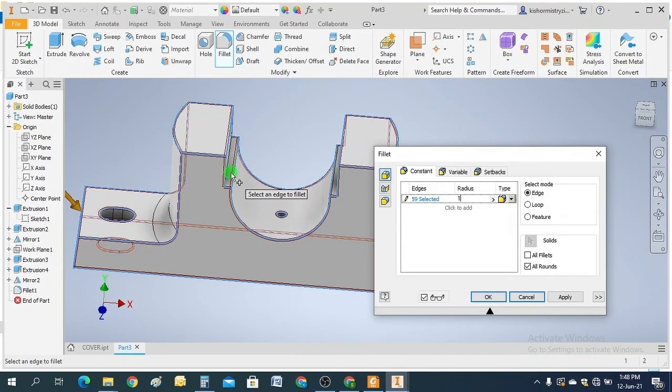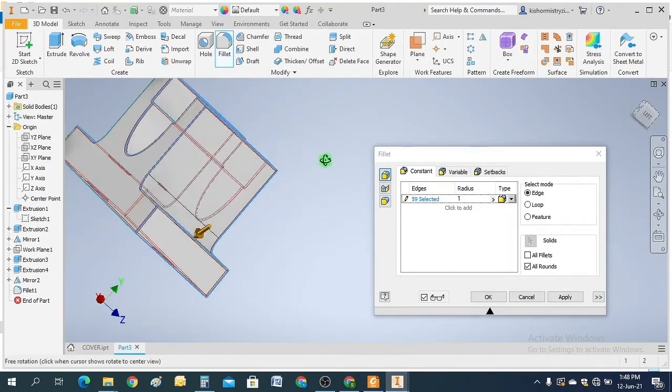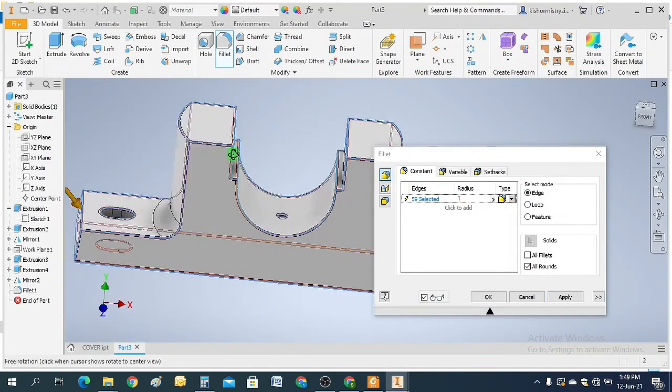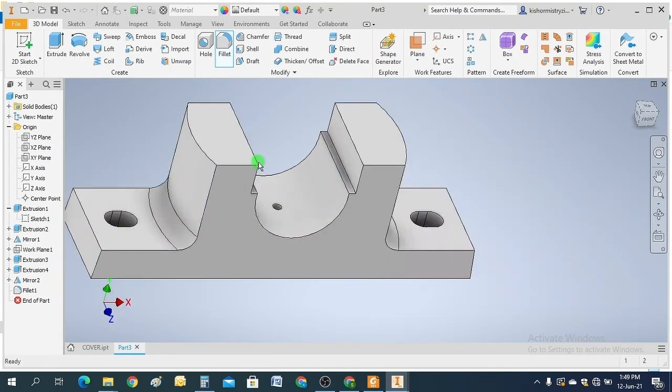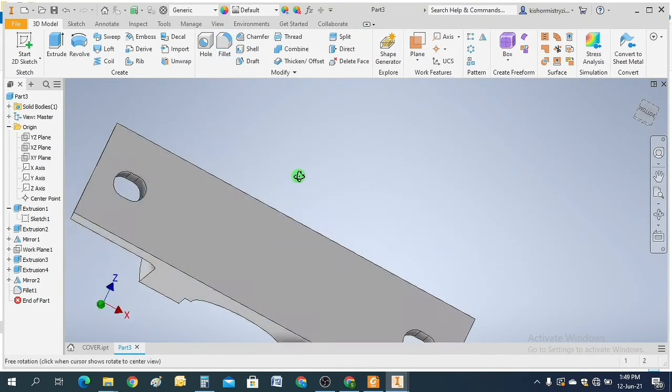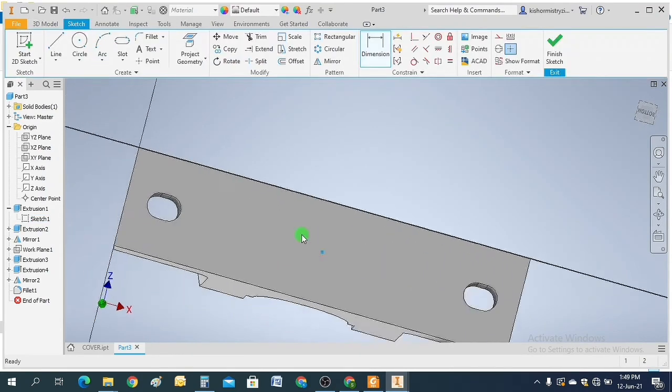It will create a fillet on all the corners which have been created. I will do it next. First I need to create one more slot here.